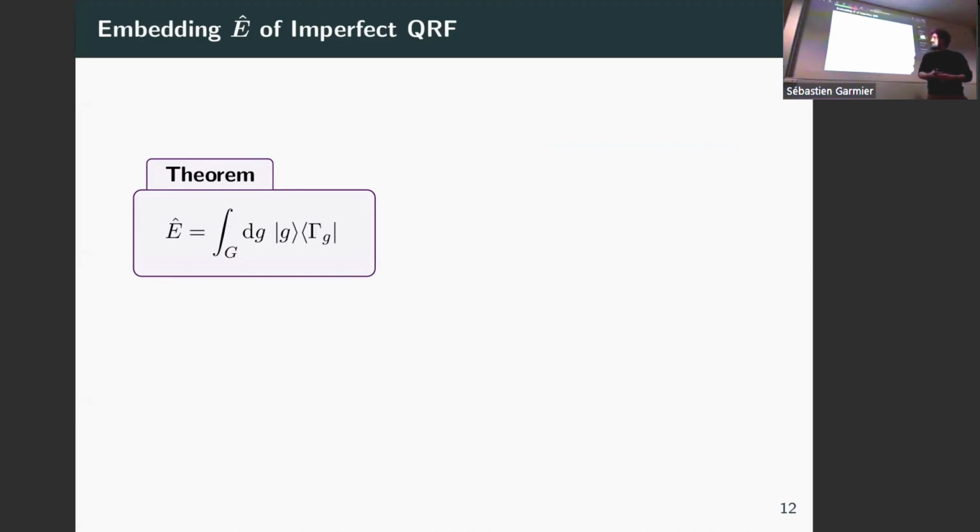What the embedding does is go through all the group elements and check whether the state you have matches each of these classical frame states. If it does, it produces a ket G as an output. And of course, because these imperfect ket gamma G's generally, and I guess always, have overlaps, you will get some kind of spread in the perfect frame.